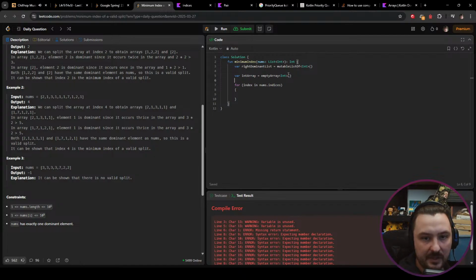And then we will have a variable, domination count, integer counter array, which will also be an empty array of integers. So the idea here is to